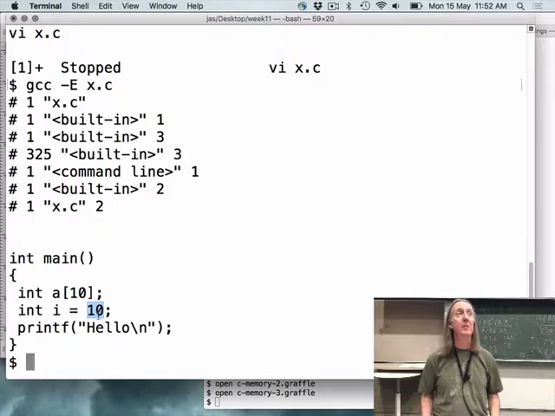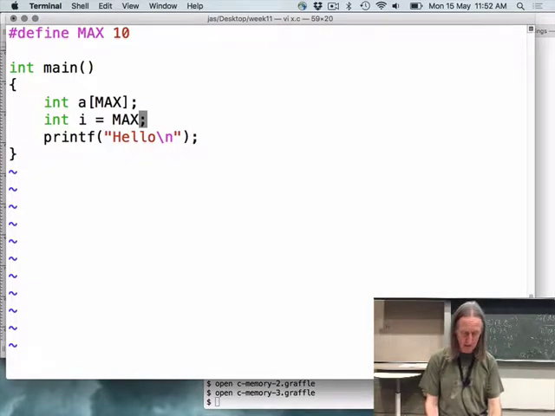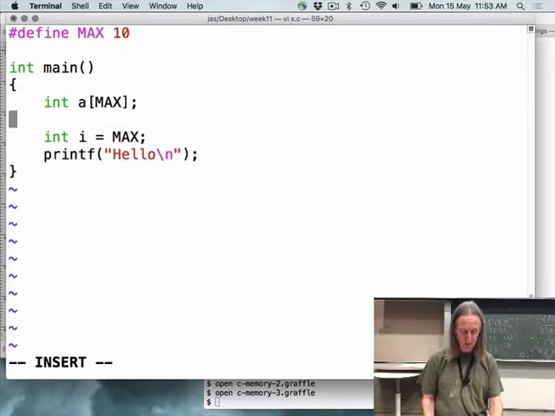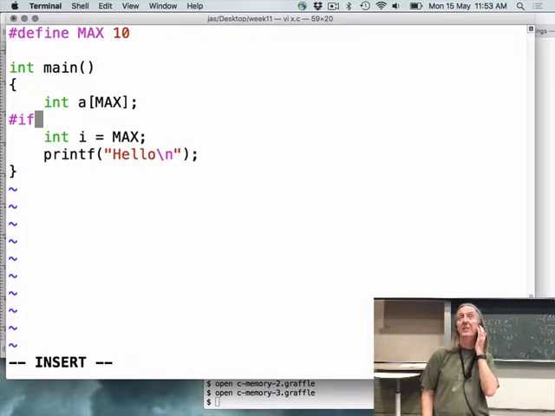Another kind of transformation that it can do is something that we briefly looked at before. Let's say, for the sake of argument, that I don't want this int i = MAX to appear unless I'm debugging.